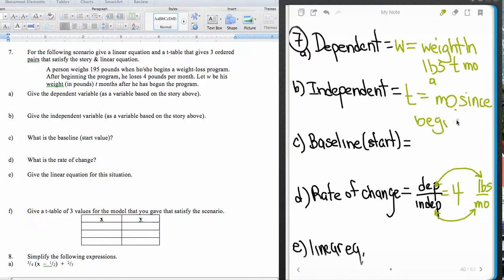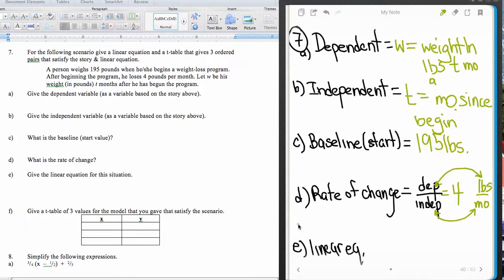And then the baseline, that would be the amount of weight, right? Because that would be in the dependent units. That's the amount of weight that he or she began the weight loss at. So this is 195 pounds. And once we have all of these things put together, it's very easy to write the linear equation